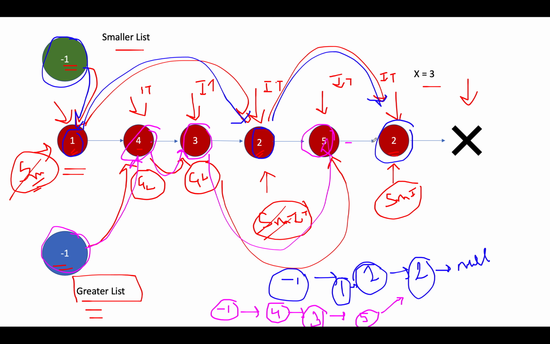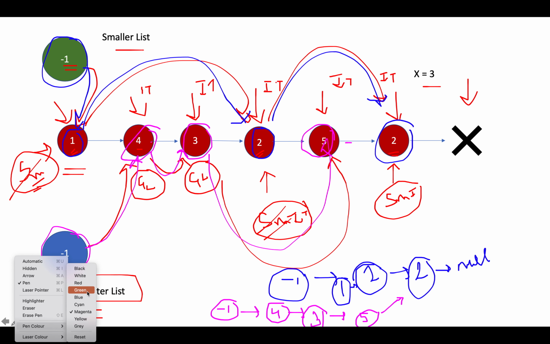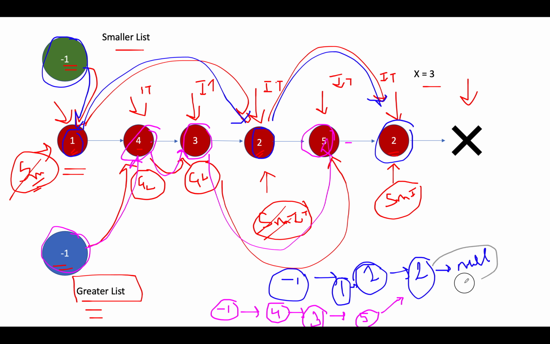So what do we need to do? Since we have the 2 lists as separate linked lists, we will do some reattaching, and this time I'm gonna attach the small list to the head of the greater list, head dot next of the greater list. Also I'll update the last node of the greater list to point to null instead of 2. So I deleted this connection and made it point to null.